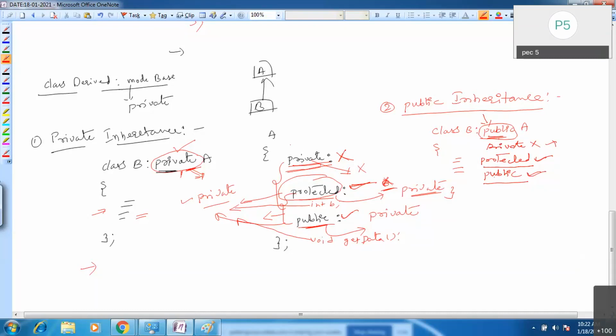See, for example, this is the class A. Here you have some private members, protected members, and public members. Private members you cannot access. Protected members, same, you can see as protected members here, and public members you can see as public members here. Okay, this is about public inheritance. And the same way we have protected inheritance. Third one is private inheritance.